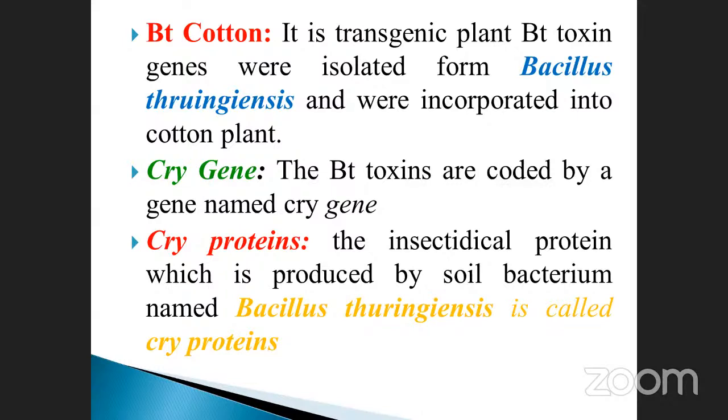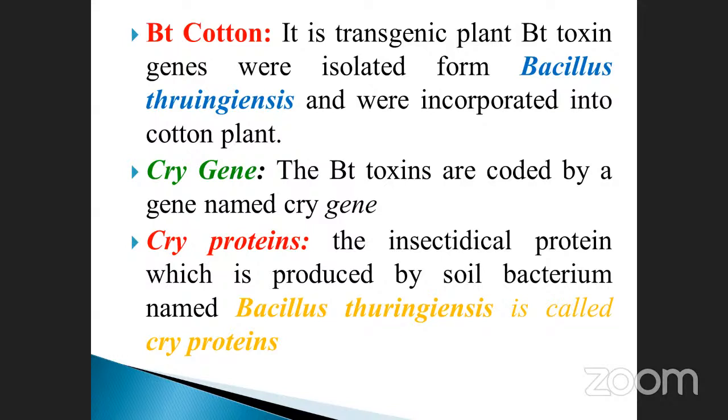What is the meaning of transgenic? Transformation of a gene from one place to another place. Okay, transgenic plant. BT toxin genes were isolated from the Bacillus thuringiensis and were incorporated into the cotton plant. Don't forget. Why is it called BT cotton, you know? It is one of the transgenic plants. Transgenic means what? Isolating genetic material, not from the cotton plant,